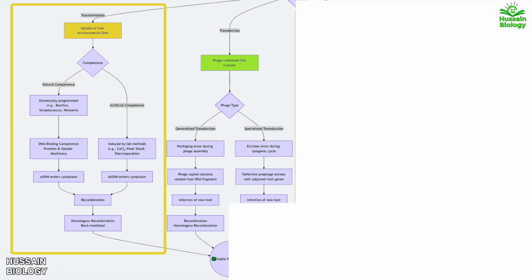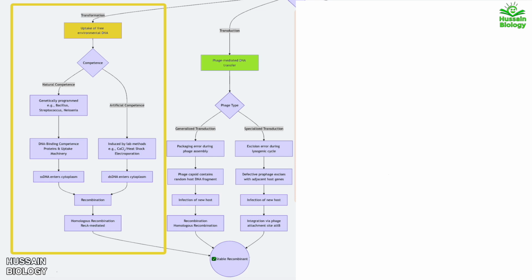So the new phage particles now contain a mix of phage and host DNA. When these phages infect another bacterium, the carried bacterial genes are inserted, usually via integration, at the phage attachment site, attB. So we see basically in transduction, mistakes in the phage life cycle are what actually create opportunities for bacteria